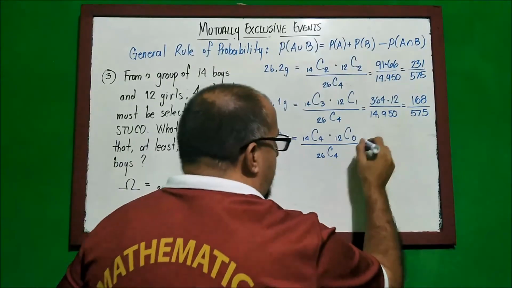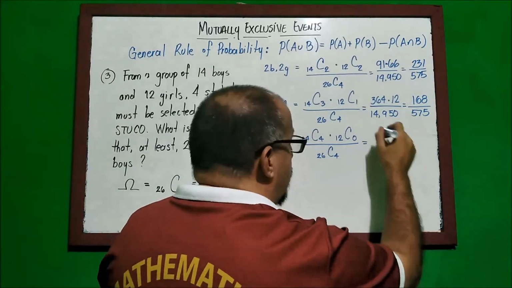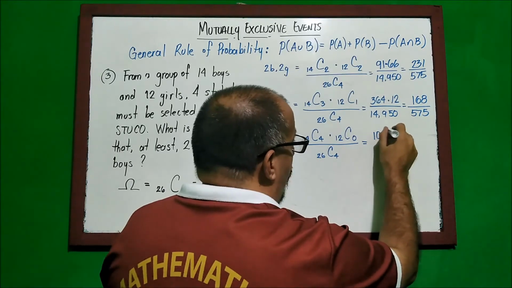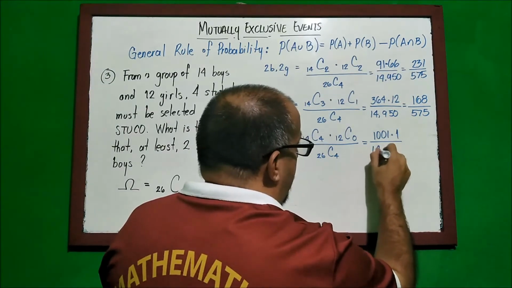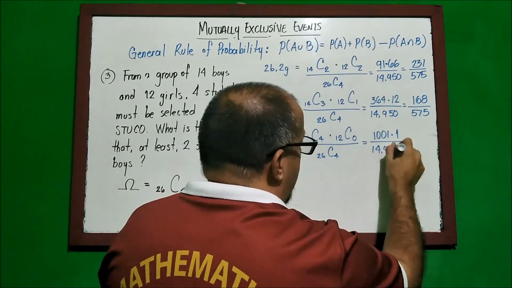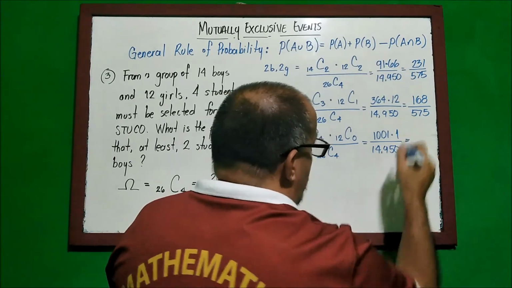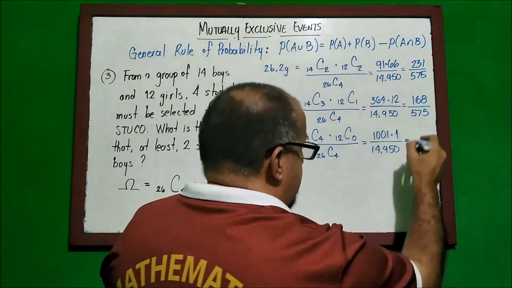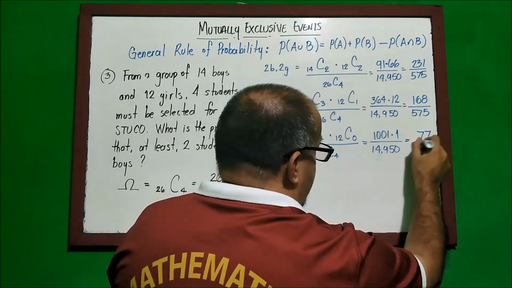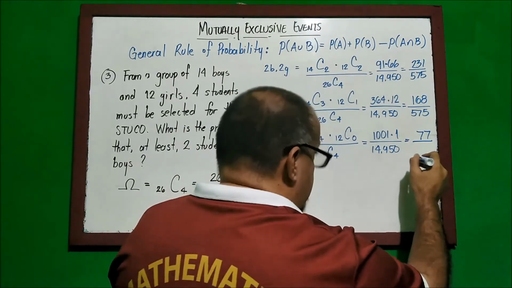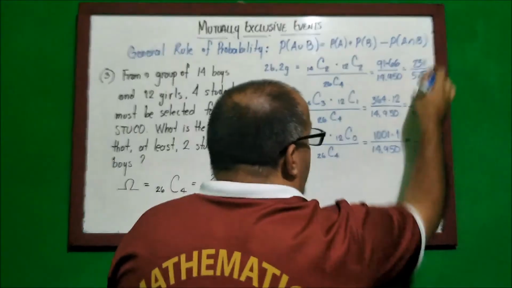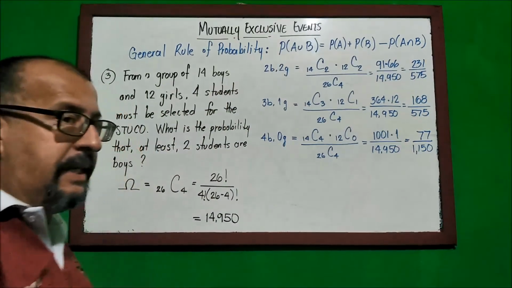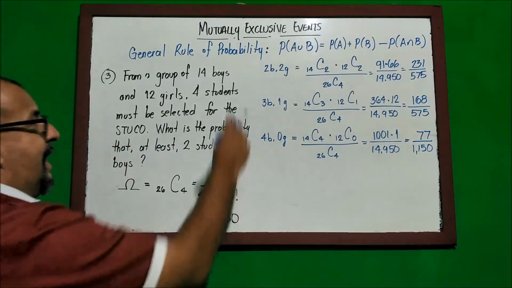So in here, we end up having the situation 1,001 times 1 divided by 14,950. So in here, we're going to have the expression 77 over 1,150. Now that I have the three probabilities in here, what corresponds is I add them